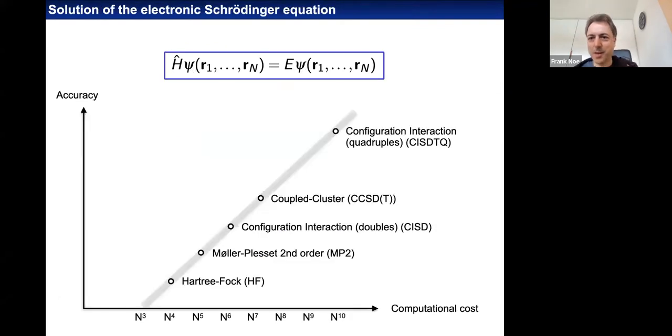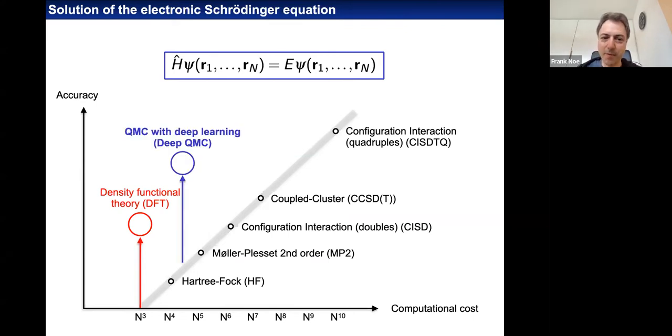So generally, quantum chemistry is kind of a trade-off between higher accuracy and higher computational cost, with DFT being one of the famous outliers here, because it can give quite high accuracy if you choose the right functionals at quite acceptable computational cost. And we believe that we can also create another outlier here, which is basically at a higher accuracy but higher cost level as well. And that is quantum Monte Carlo, which leverages deep learning.